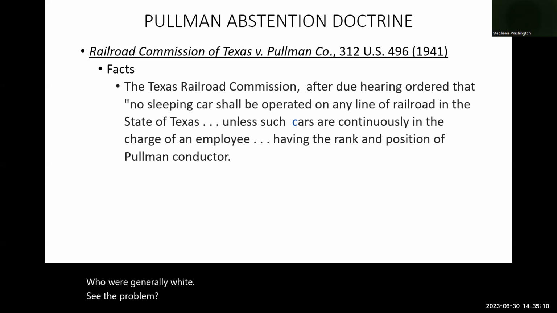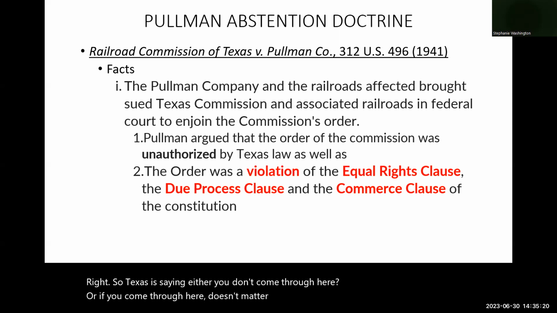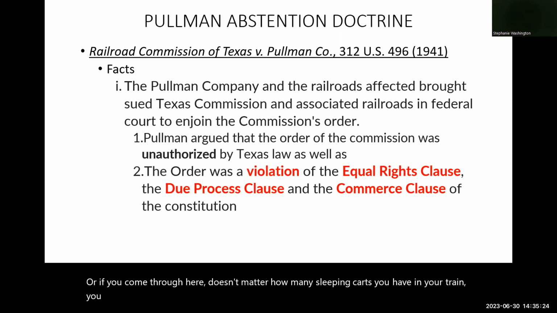Right? So Texas is saying, either you don't come through here, or if you come through here, doesn't matter how many sleeping carts you have in your train, you better have a conductor. Not saying you can't have a porter, but you better have a conductor. Yeah. Pullman said,